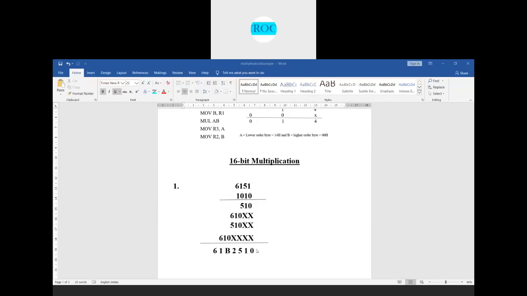Now all you need to do is add all these numbers. The result we get is 61B2510. If you see this 10, we're not adding any numbers to it, so it stays 10. Now this higher byte result we have, 05, will be stored in the B register, to which we add 10. Again 10 is added to whatever is the result, so what you get is 25 here, right?